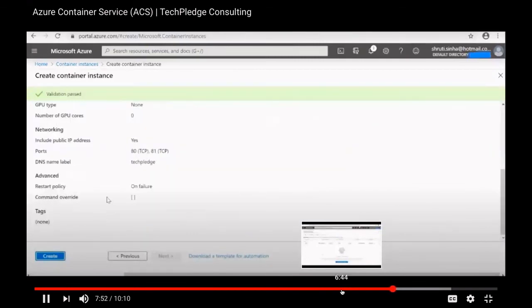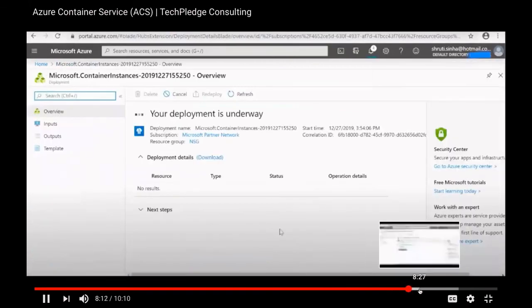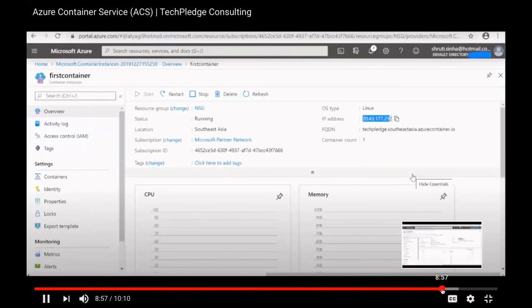All done. Once it is created, it takes some time. Then we can copy this public IP and simply paste it in the browser and it will run my Docker container.